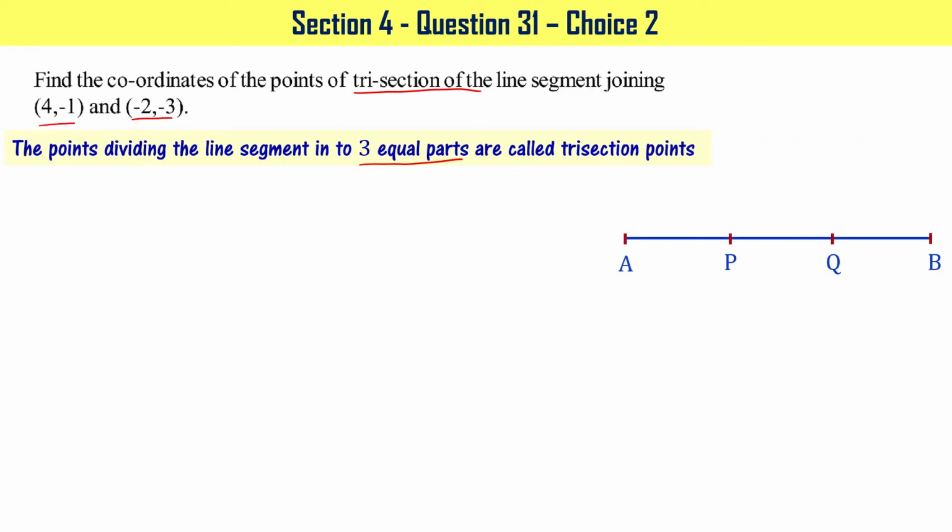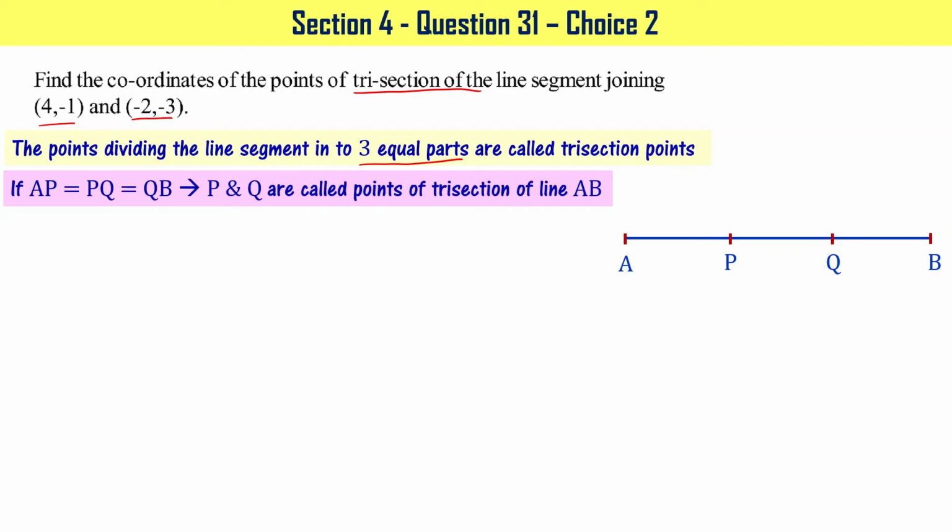If we are given line segment AB, the points P and Q are chosen such that AP equal to PQ equal to QB, right? It has become three equal parts. If AP equal to PQ equal to QB, then we say that P and Q are the points of trisection of line segment AB. Now we are given, let's say that A and B are given. Those are these 2 points, and we have to find P and Q such that AP equal to PQ equal to QB,